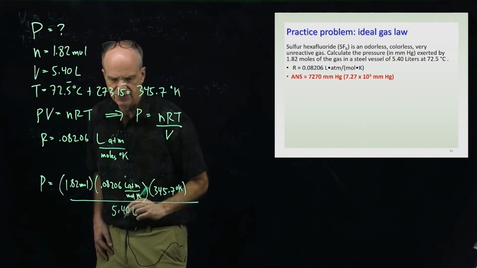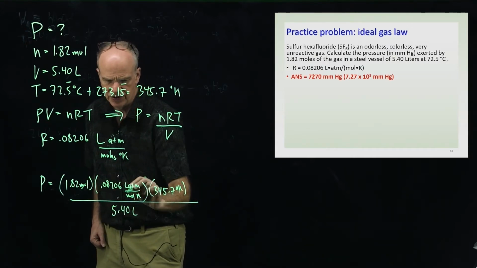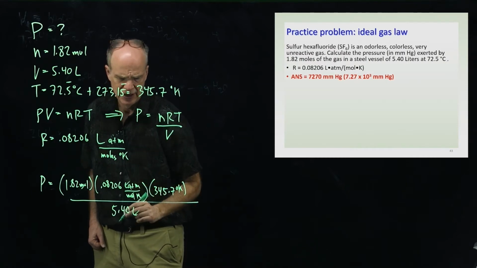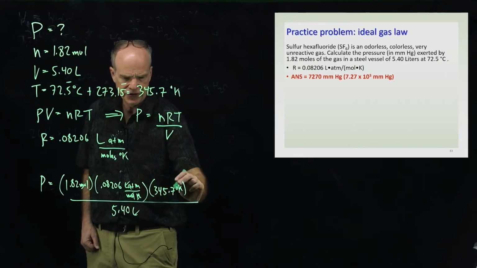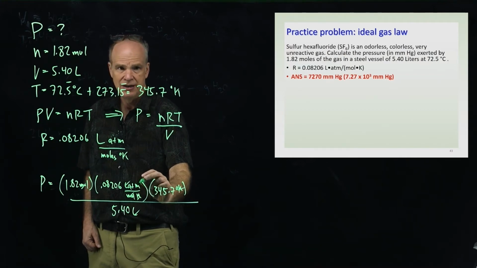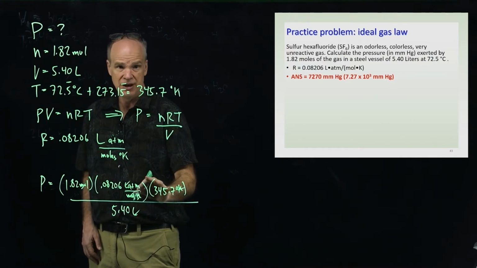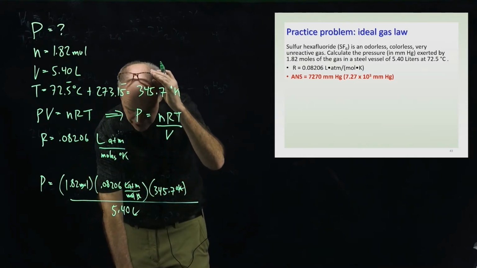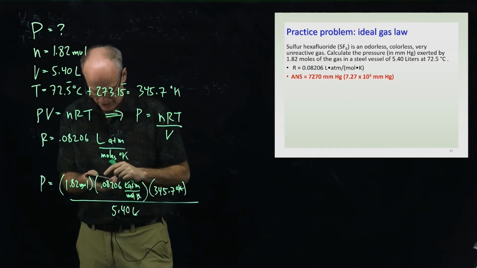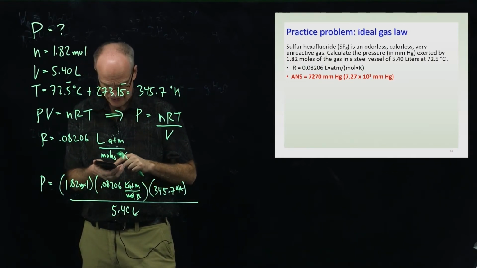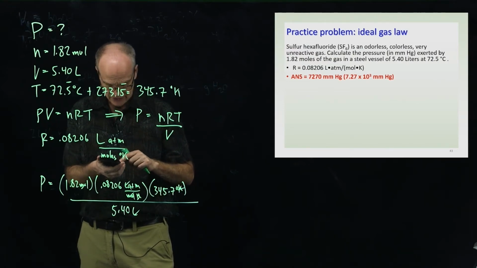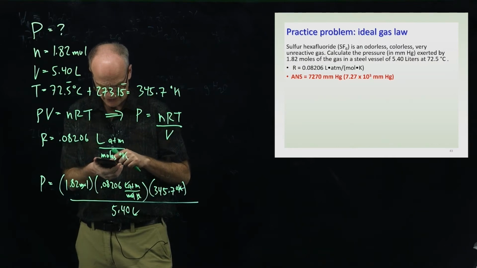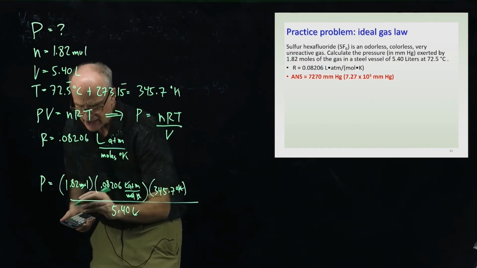Let me confirm that the units cancel as expected. Moles cancels, liters cancels, Kelvin cancels, and so we're left with atmospheres in R. When we plug in these numbers, we'll get a pressure in atmospheres, which we'll have to convert into millimeters of mercury. So it's going to be 1.82 times 0.08206 times 345.7 divided by 5.4, and I get a pressure of